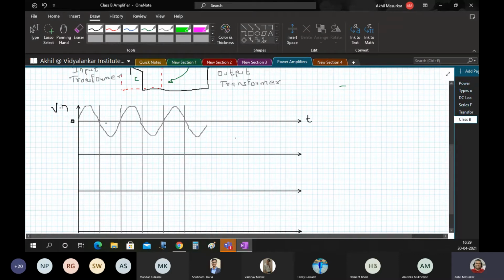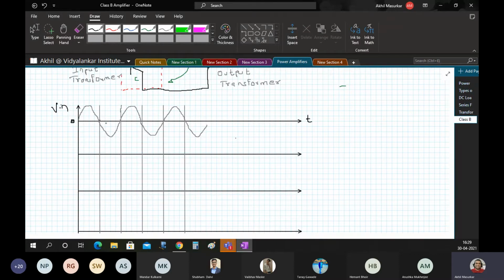With no input signal applied at the input, both Q1 and Q2 are cut off and no current flows from supply to transistor except for some reverse leakage current. But let us assume that these transistors are ideal. So when the base current is 0, the collector current will also be 0. Thus, there is no power wastage in standby and dissipation in transistor is practically 0 when no input is applied.